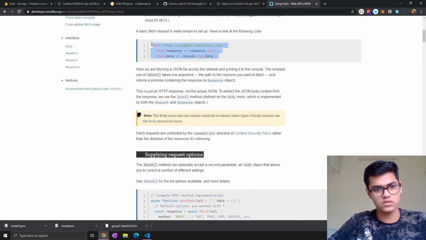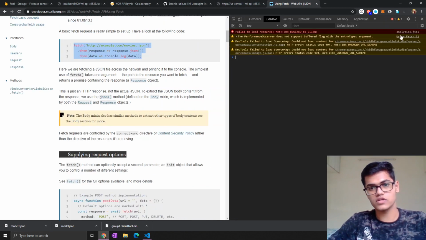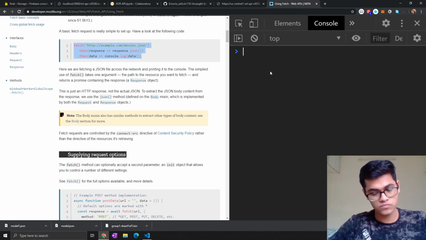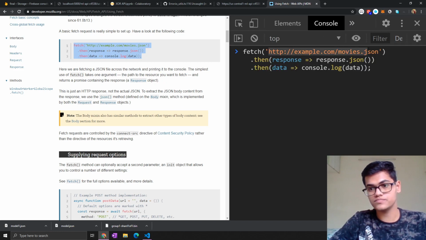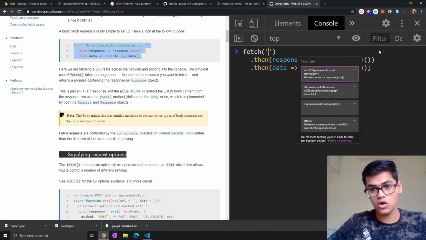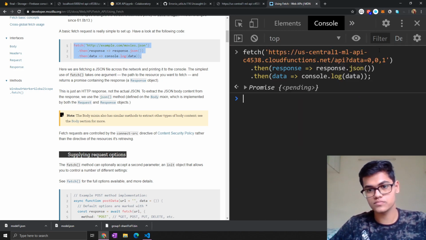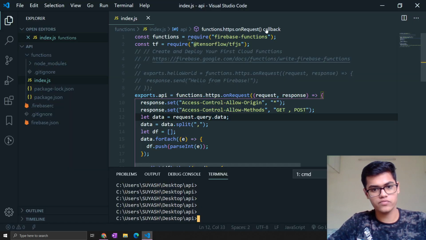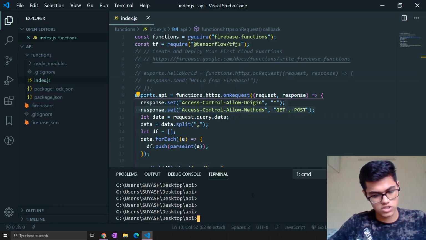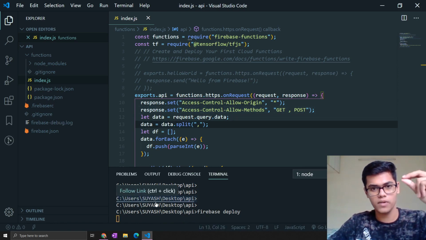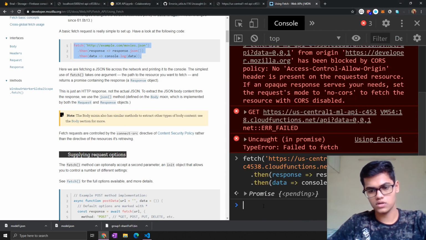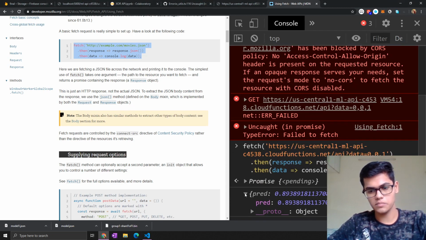So here you can check in the console. Let me zoom this here. I just paste it in here. Call our API. So you can see there are some issues. So for solving these things, we have added these statements. So now we will just deploy it again. I will come back. Also the functions are updated. So if we now try to call our API, we get the prediction back.